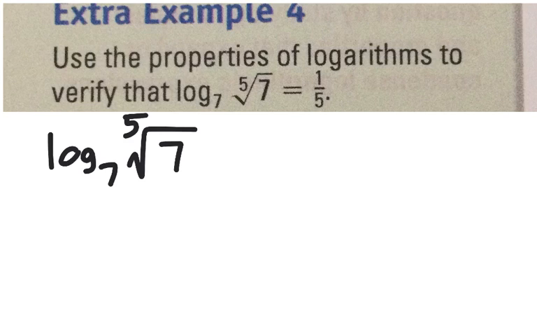No, it's close. Negative 1/5. No, that's farther away. It's like 7 to the 1/5. Yes. Anytime I'm taking a square root, so like this, the square root of x can be